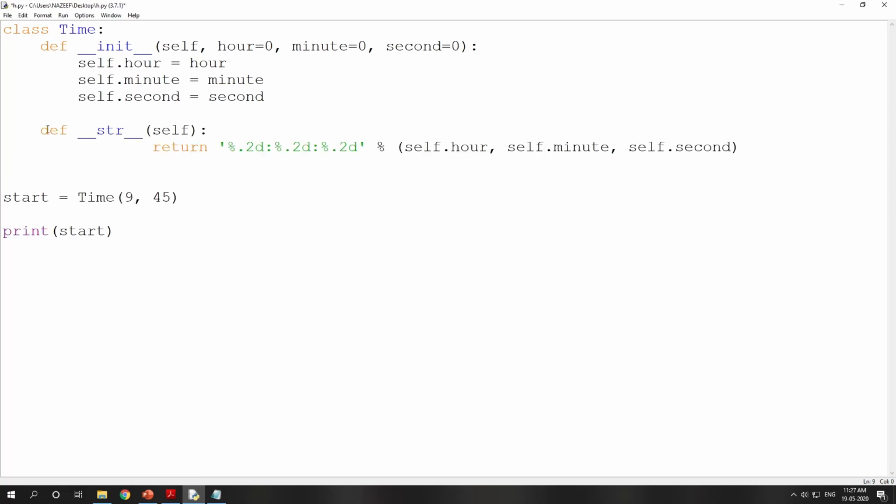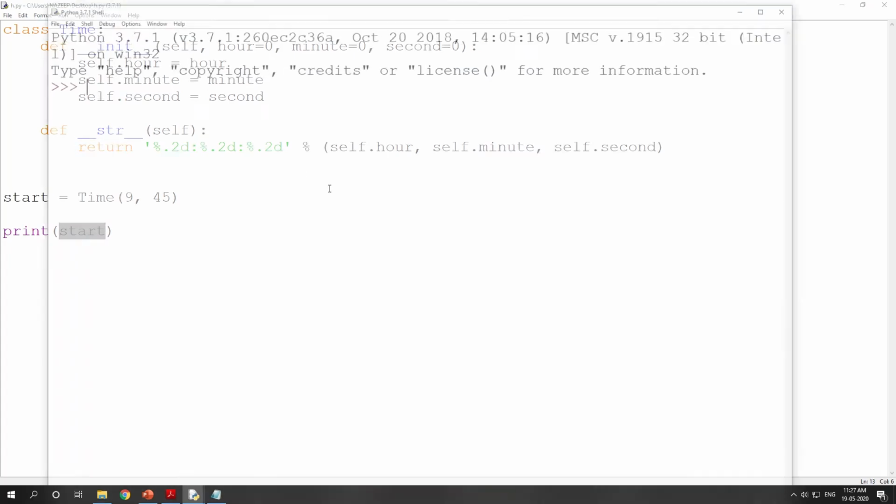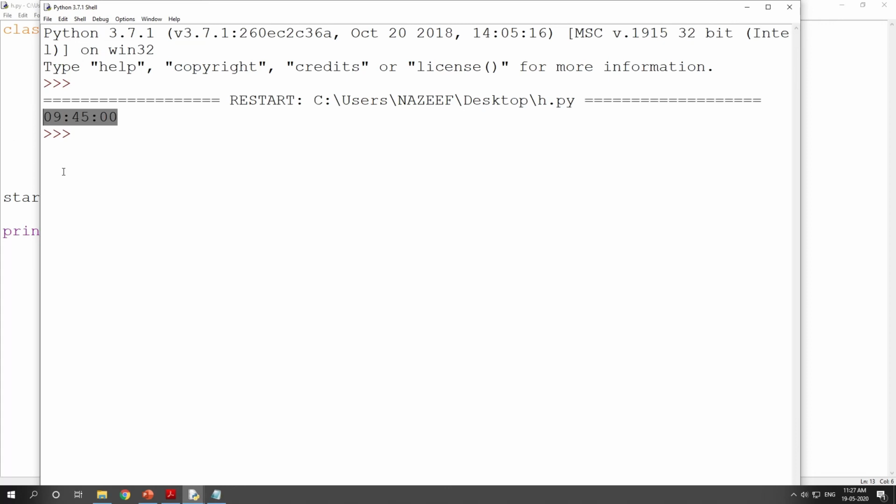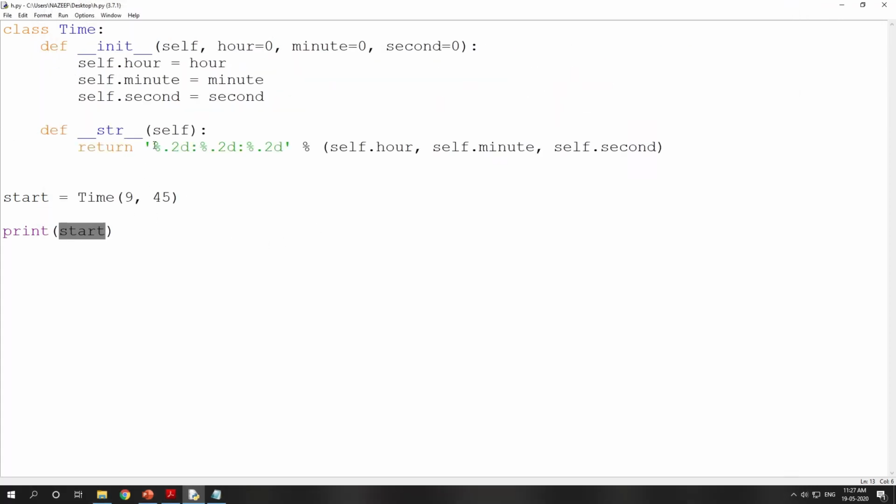If I declare this inside a class, create an object, and then print the object, what will happen? It will just print the time. But you don't want to print a time, you just want a string.